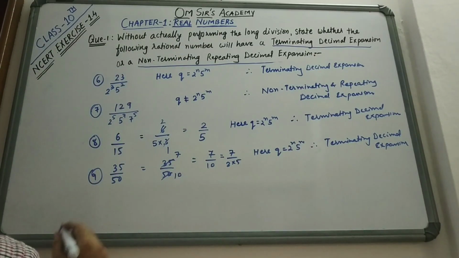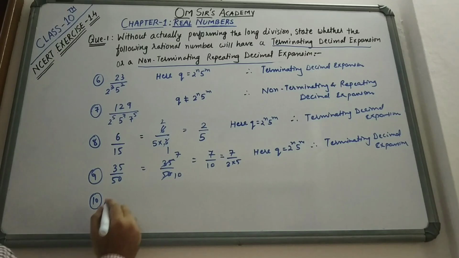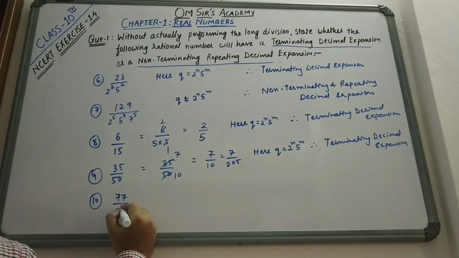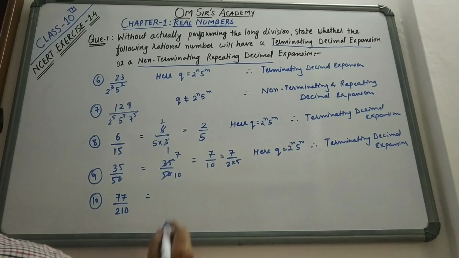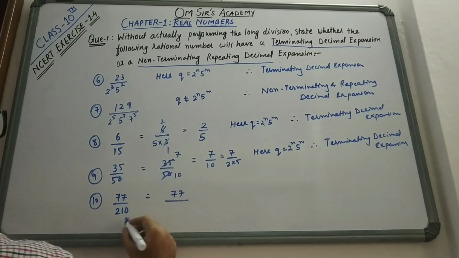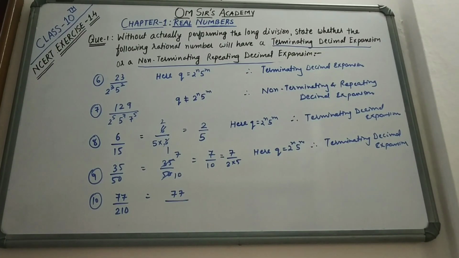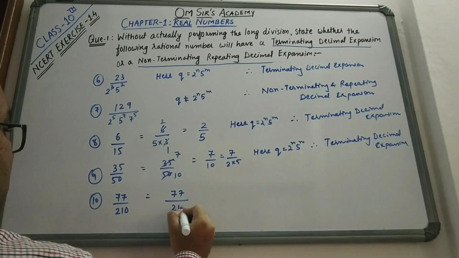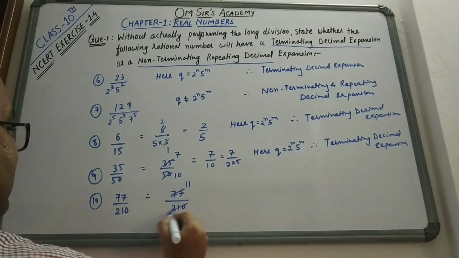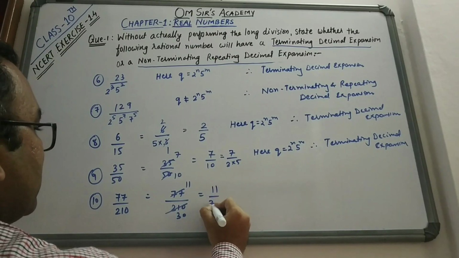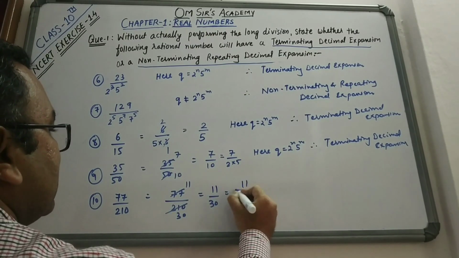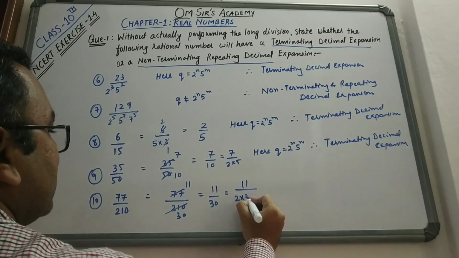Okay friends, now the last sum of this, that is 77 upon 210. Again friends, this is not in the simplest form, so let us make it in simple form. 7 11s are 77, 7 30s are 210. So it is 11 upon 30, and if we prime factorize 30, it will be 2 into 3,